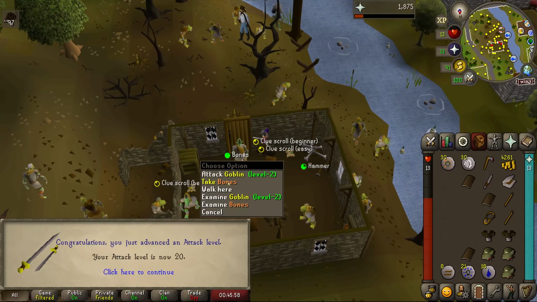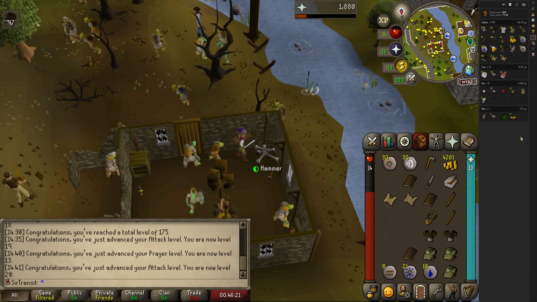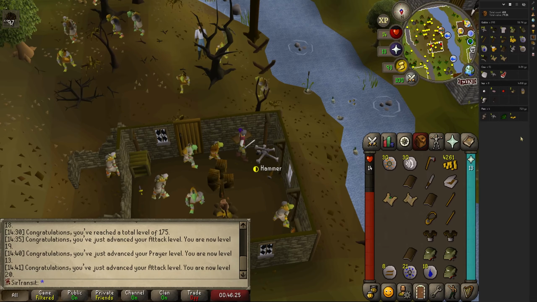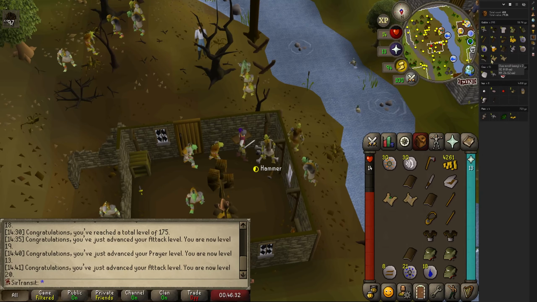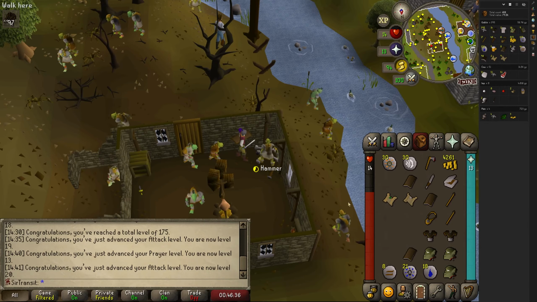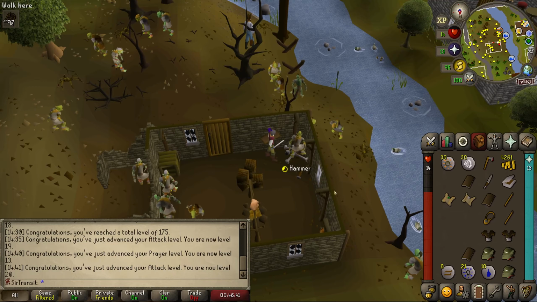Hey, there is 20 attack. We have killed almost 400 of these things. Oh my god, that is so many. We've gotten ourselves 9 beginner clues, only one of which we could actually do. 2 easies, again, only one of which we could do, and those are the ones we are currently hanging on to. I think I can keep my sanity for a little bit longer and get ourselves up to 20